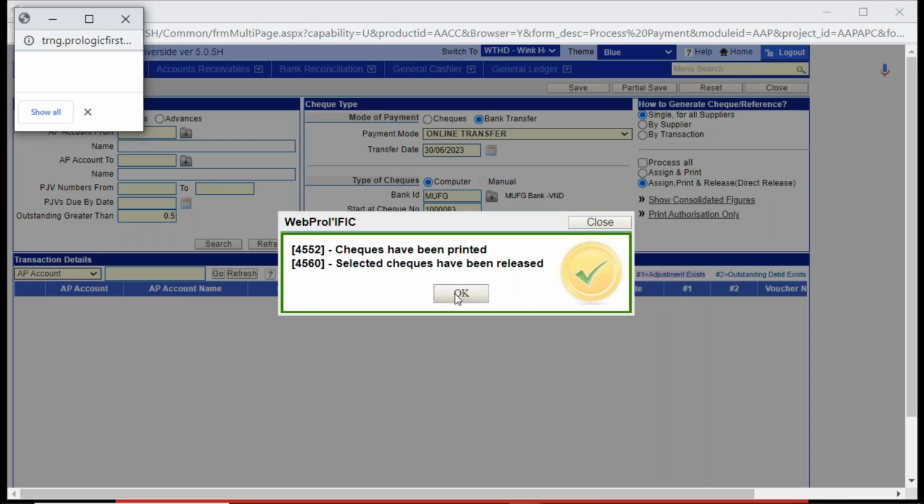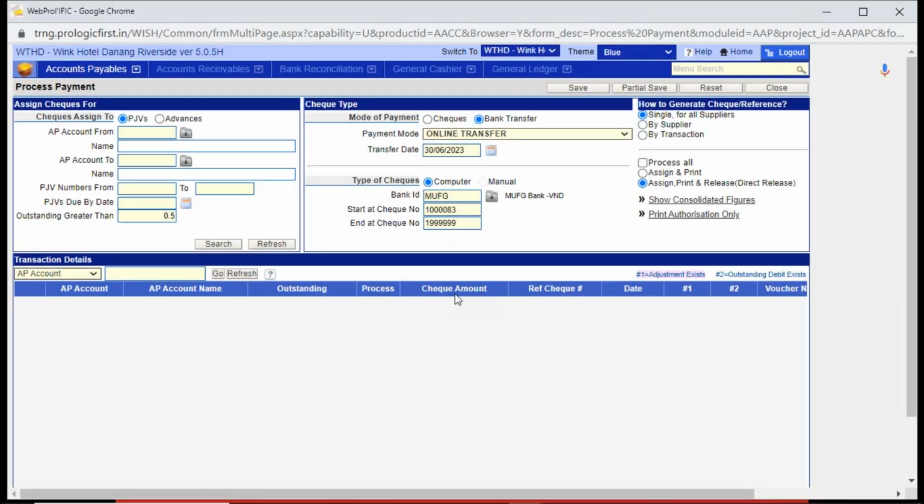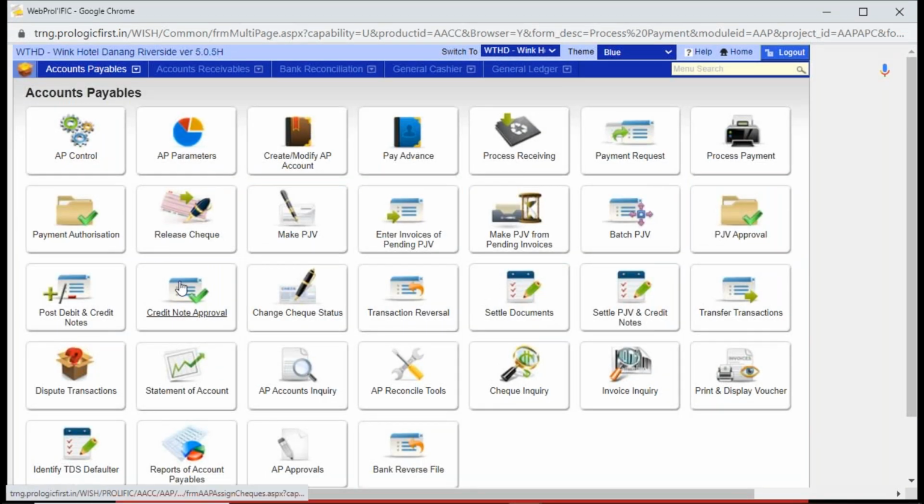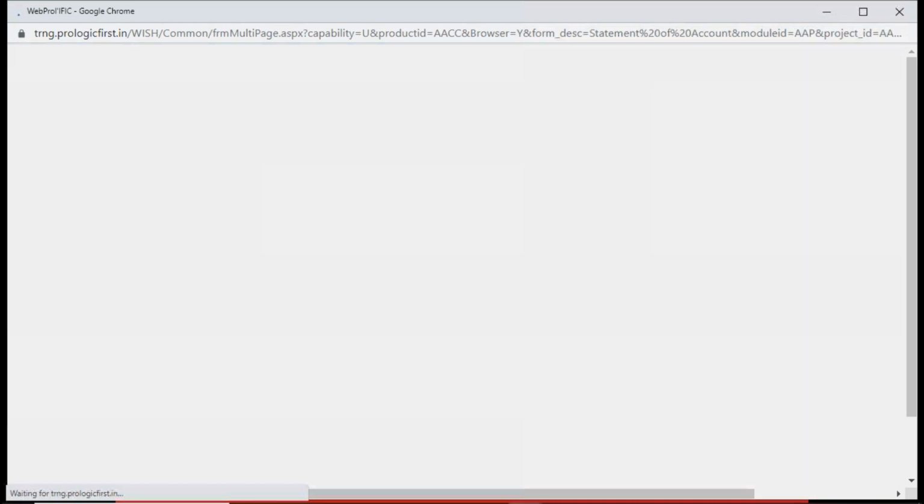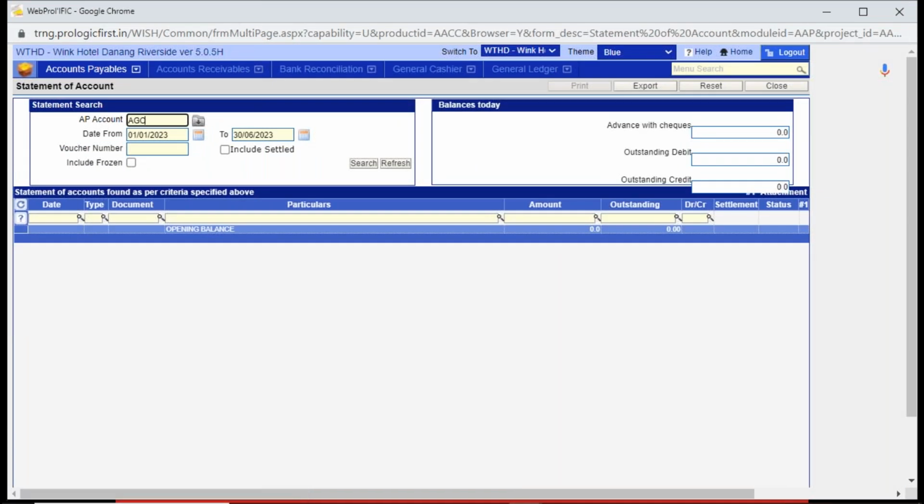And finally, the check is released, which means the payment has been made. After this entire cycle is over, if you want to see what exactly has happened for that particular supplier, there is something called the statement of account. So this statement of account, if I print for Agoda,